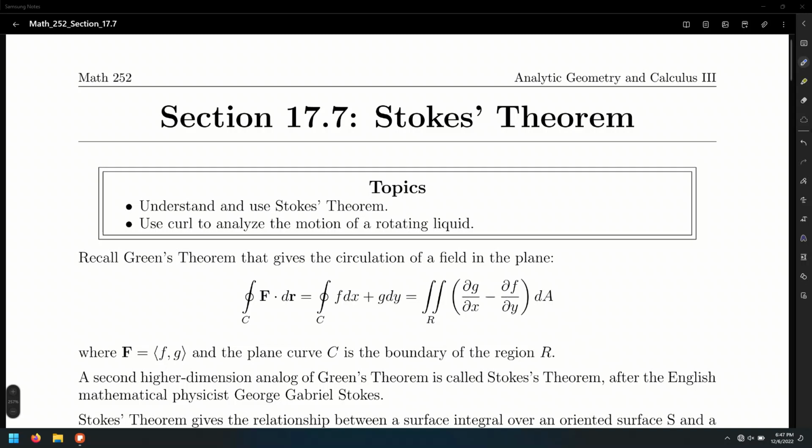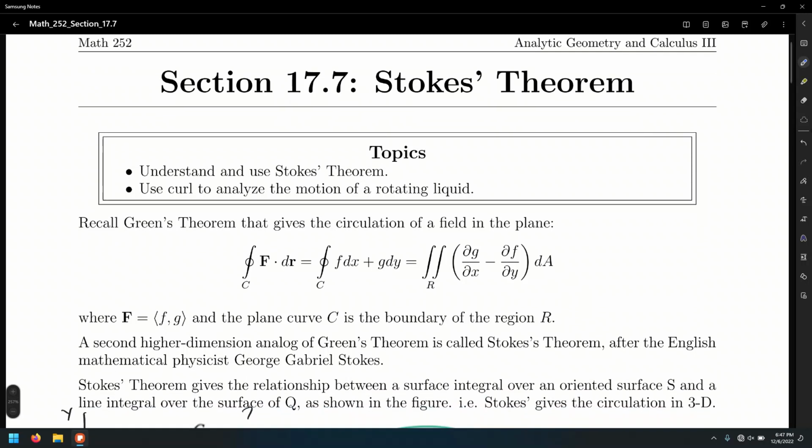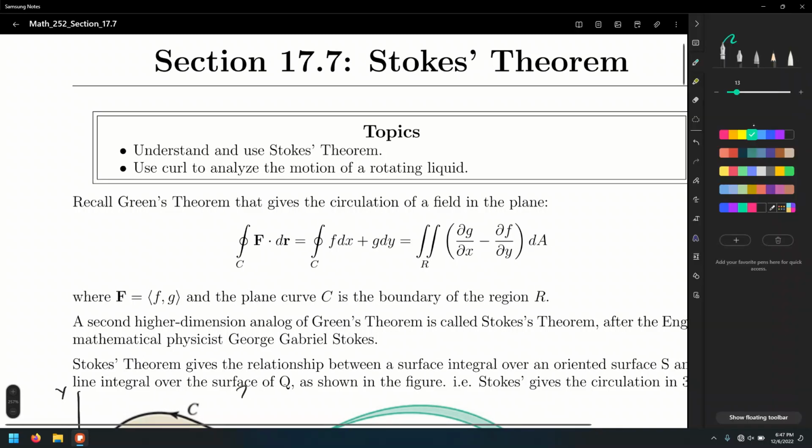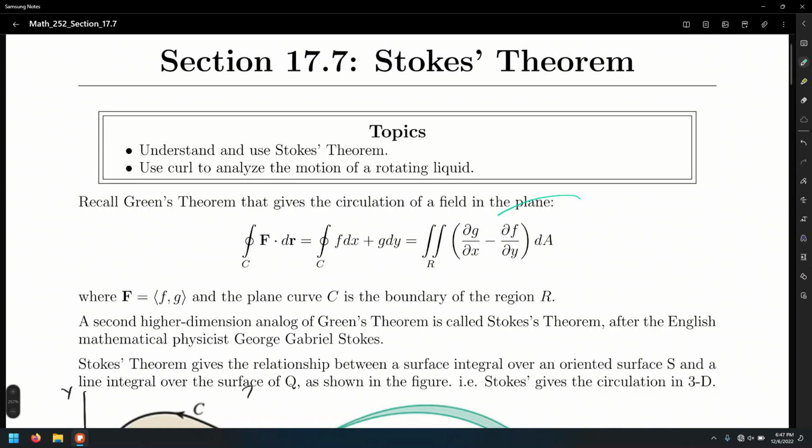Theorem. So what are we going to do? We're going to understand and use Stokes' theorem, use a curl to analyze the motion of a rotating liquid. And again, from the two-dimensional idea that is Green's theorem, which is essentially related to a line integral, the one that gives us, in this case, the curl version, the 2D or two-dimensional